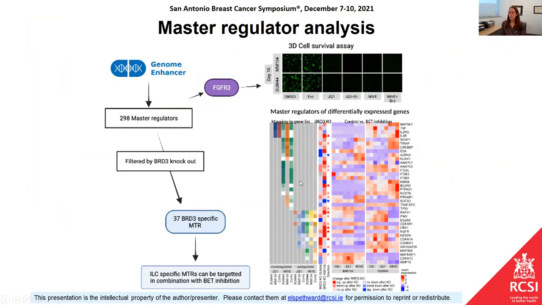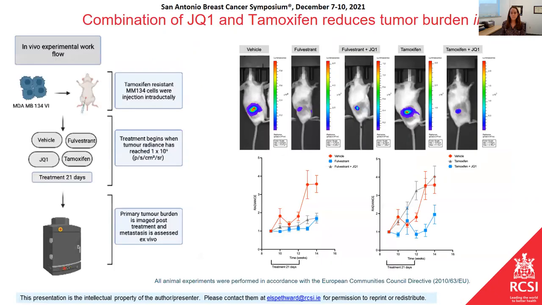The final area on the left shows the expression of the MTRs in the initial sequencing data by cell line and treatment condition. Of interest, when BRD3 is knocked down, there is a decrease in aurora kinase A, which is involved in the cell cycle and indicated as an oncogene in many cancers, and also an increase in the tumor suppressor TP53. The last slide shows encouraging in vivo data in ILC cell line derived xenograft models, illustrating synergistic anti-tumor